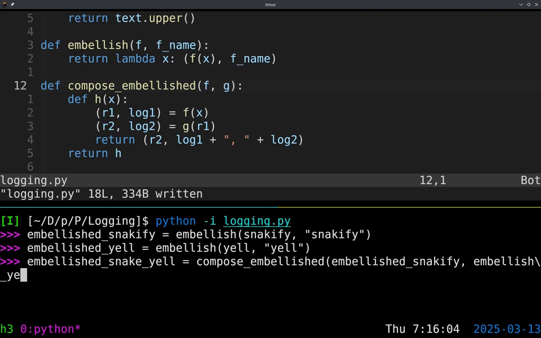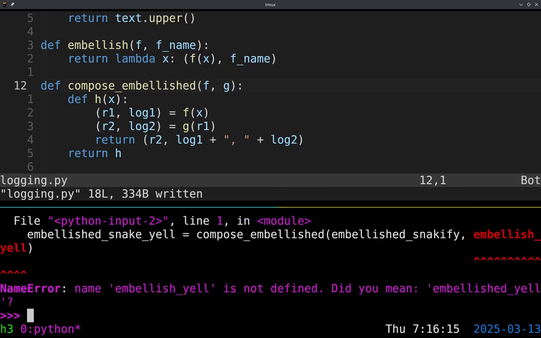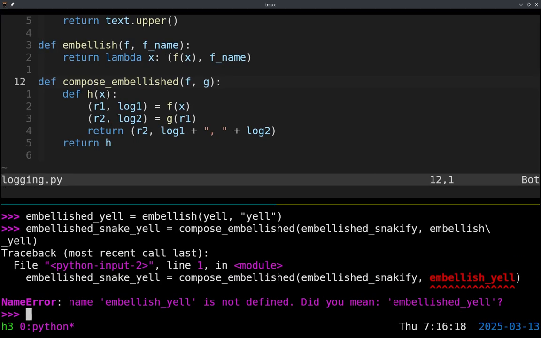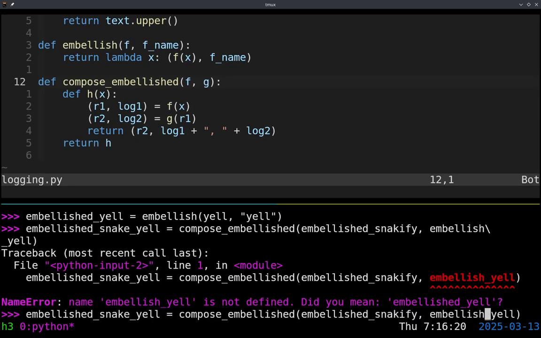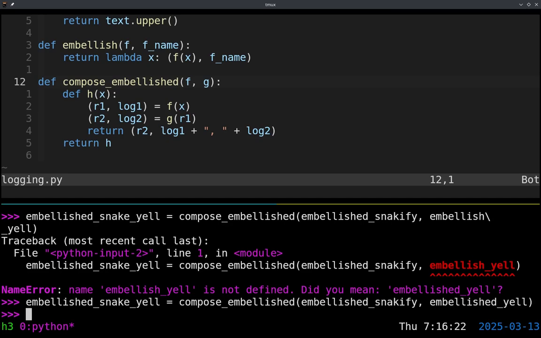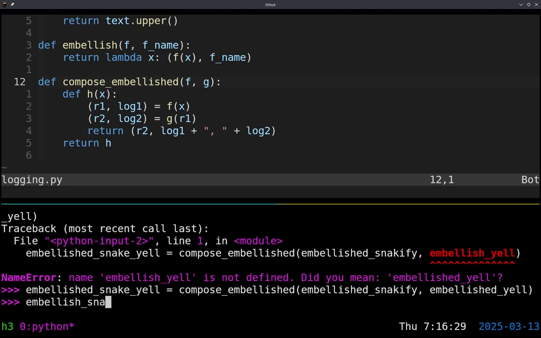Sorry, something happened outside my window. It's wrapping, it's showing us that it's wrapping. Now, if we do embellished snake yell of hello world,